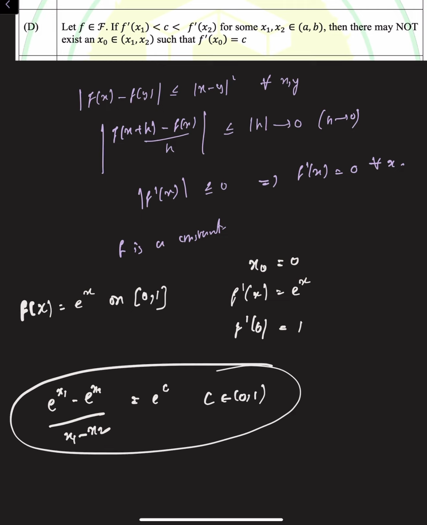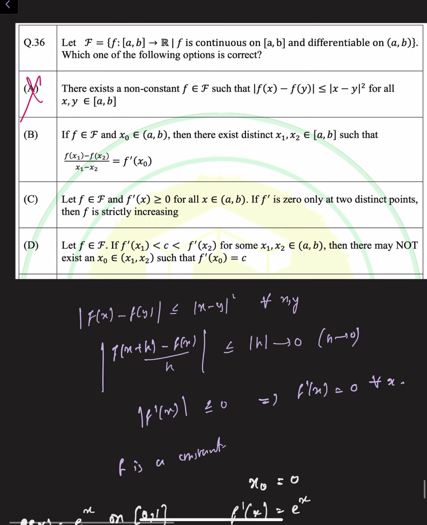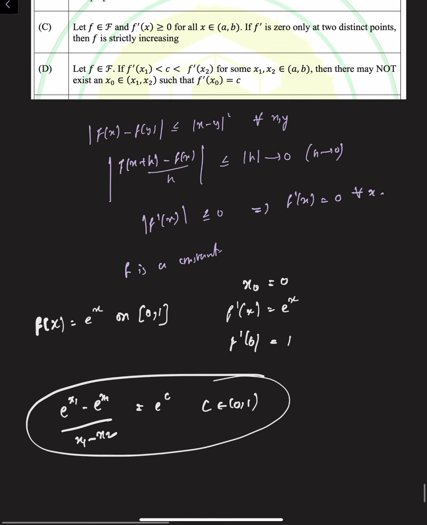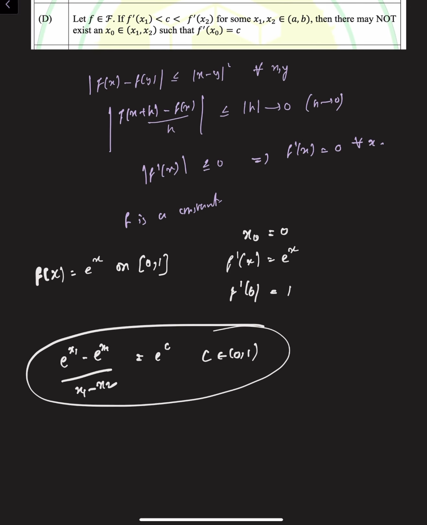So that means all secant slopes are greater than 1. Between any two points we can't have a secant slope equal to 1. Therefore the second statement is also incorrect. And similarly if we consider the fourth statement, it is saying that f'(x)